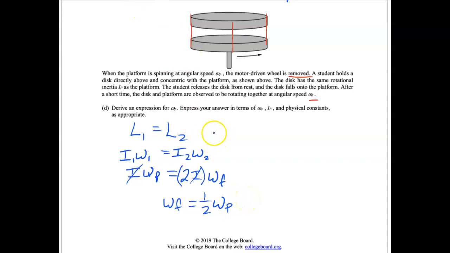So you get 1 point for showing, let's do this in red, this part where we're seeing how the angular momentum is conserved. And then we get 1 point for showing these two steps where you're substituting in. We're saying that we've doubled the moment of inertia because we've doubled the mass. And then you have to cross off the I's, and we put omega final is equal to 1/2 omega